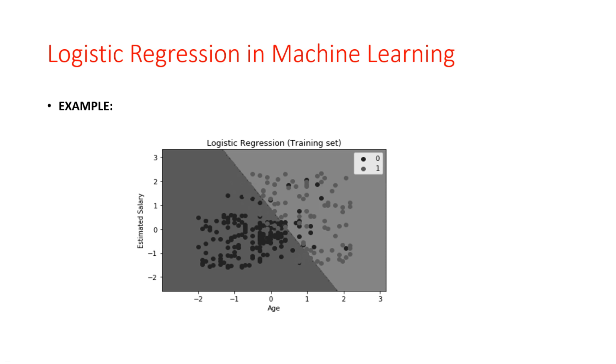So we can say that the younger user with a higher estimated salary purchases the car, whereas the older user whose salary is low, with a low estimated salary, did not purchase the car. So this is also a possibility: the salary is low but the age is higher, or the age is low but the salary is higher.